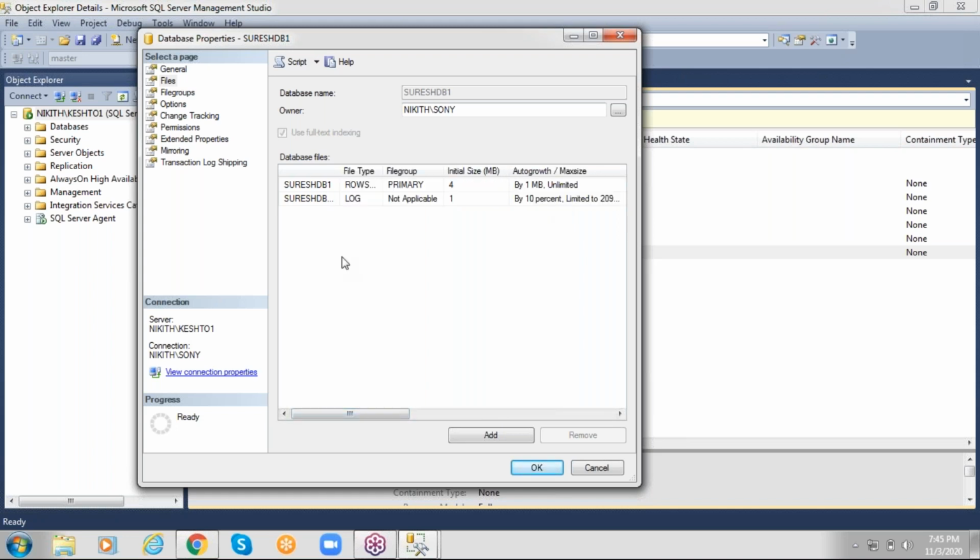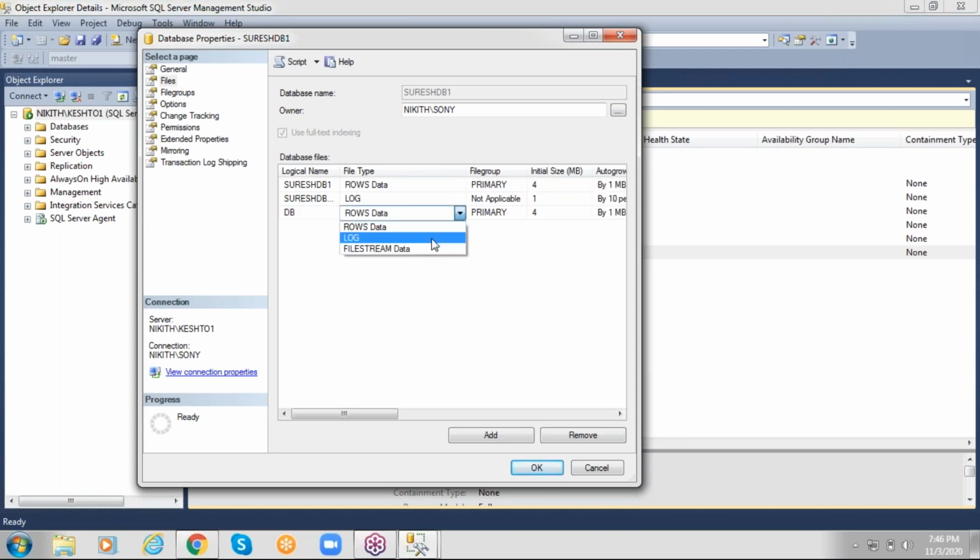In the same way, I want to add a new data file or new log file, because the database is already created. In this case, click on the add button. Here provide the file name. You can add it as a data file or log file. I'm going to add it as a data file.